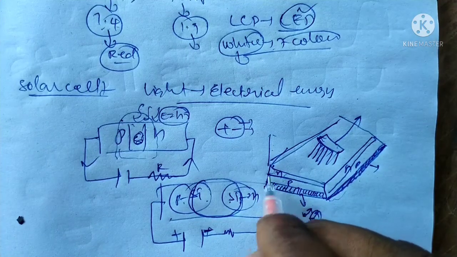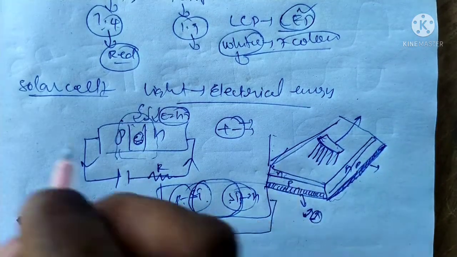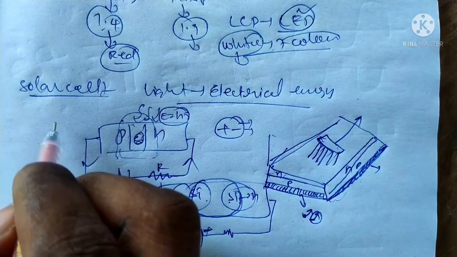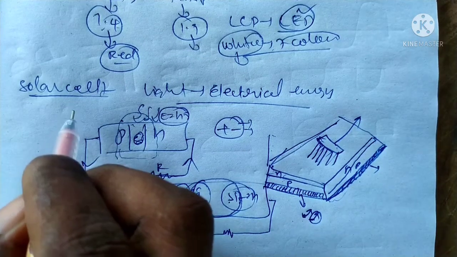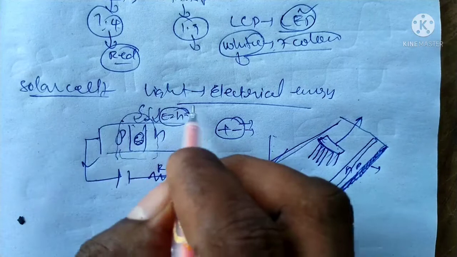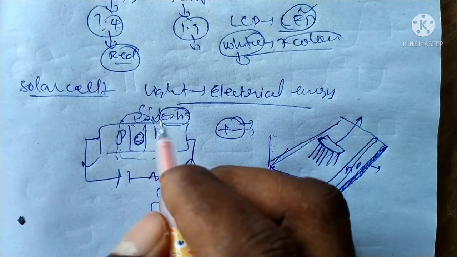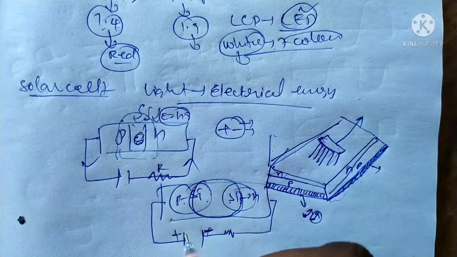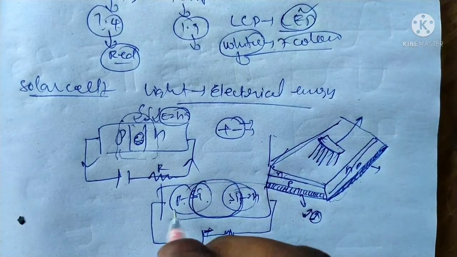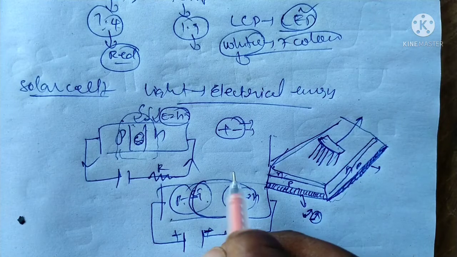In between, one metal is used with a low band gap. The best natural example for a solar cell is silicon. Silicon has a low band gap and converts light energy into electrical energy. What is happening in the solar cell? A solar cell is basically a p-n junction diode working in forward bias. Forward bias means the P terminal is connected to the positive terminal of the battery and the n type to the negative terminal. Its working principle is the photovoltaic effect.